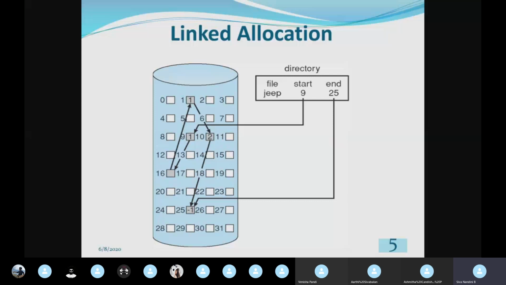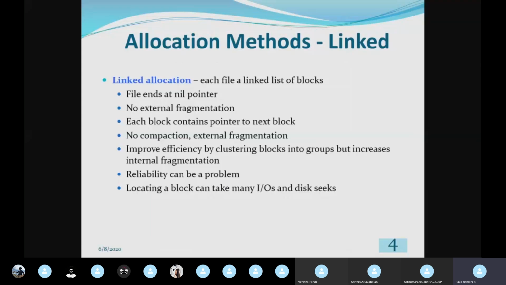So it is somewhat a long process, and it has a greater execution time. That is why we say locating a block in this linked allocation method will take many input and output operations or disk seeks, because it has to travel through many logical blocks. In this case we have only 6 logical blocks, so it is not a problem.